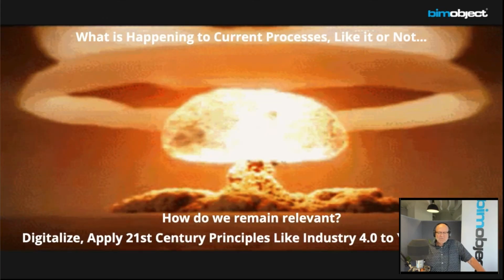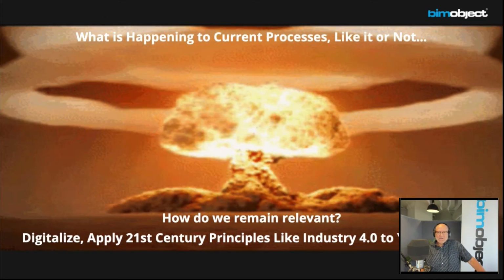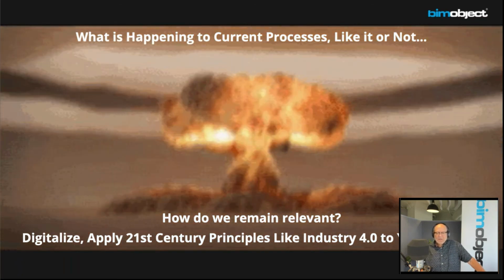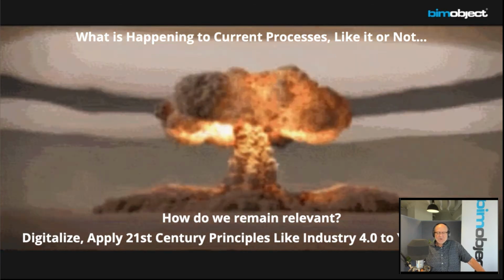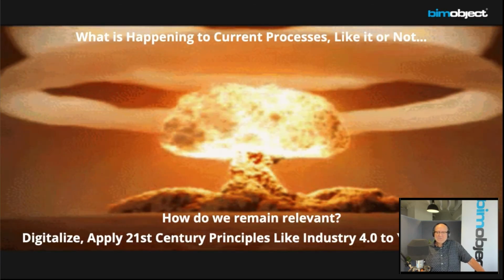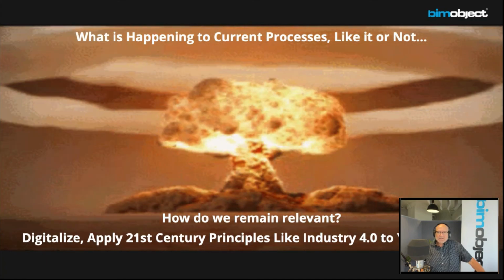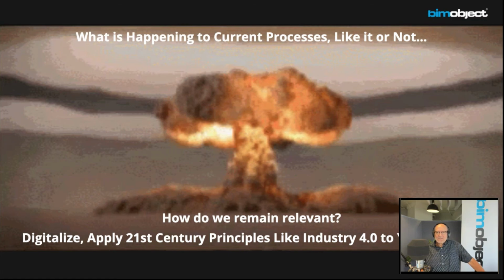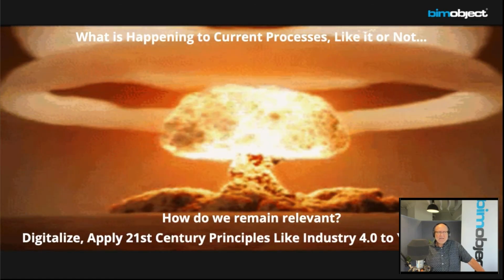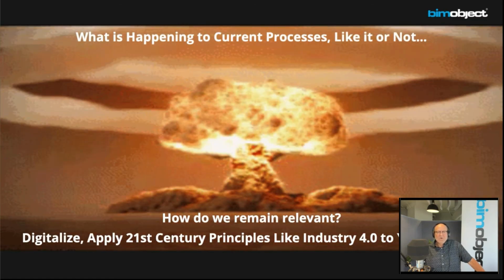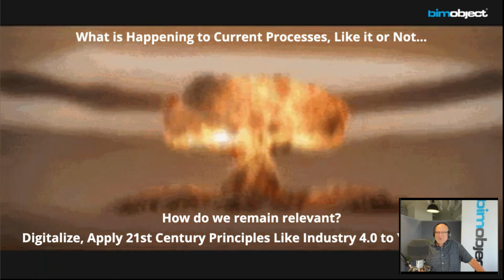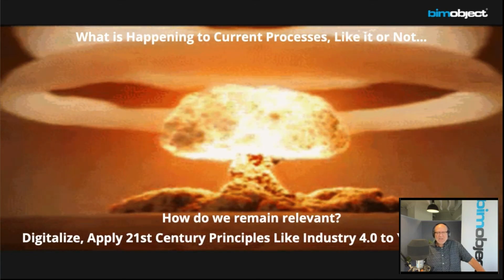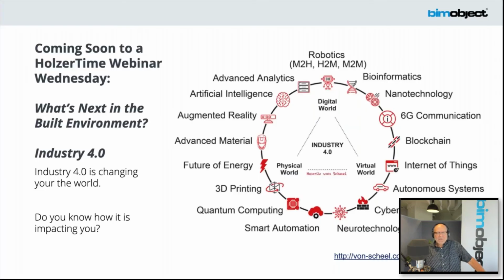Apply 21st century principles. One of them I would suggest, and I plan to have a future topic on this, is Industry 4.0. Look at that, understand it, because you're going to be impacted by it. You already are being impacted by it to some degree, but it actually goes a whole level beyond our current utilization of digital content and has decision making, not just through artificial intelligence, but all kinds of predictive sequencing and programming. So that's a big change that's going to really impact this built environment.